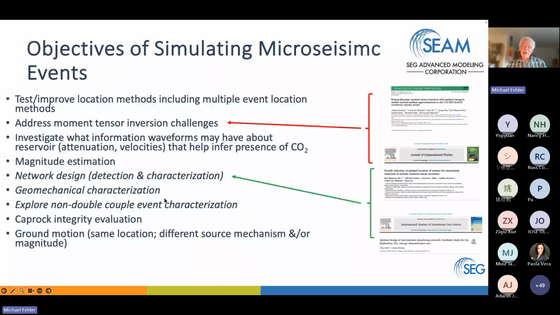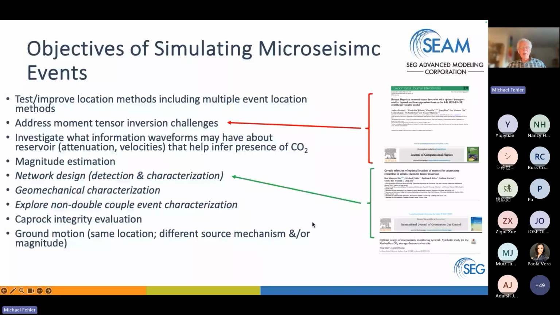And I put just a couple of papers here, a couple that I've been involved in, looking at moment tensor inversion challenges, for example, where the velocity is poorly known, which is usually the case. And so our hope was to provide data that could be used to investigate moment tensor inversion in areas where the velocity model was misspecified. In other words, we have a poor velocity model. But also work that's been done at Los Alamos and then by my collaborators in Saudi Arabia, looking at network design, both for event location, the Los Alamos group, and then the moment tensor inversion by the group in Saudi. So these are things that people are actually doing now.